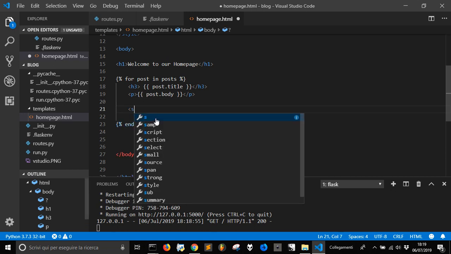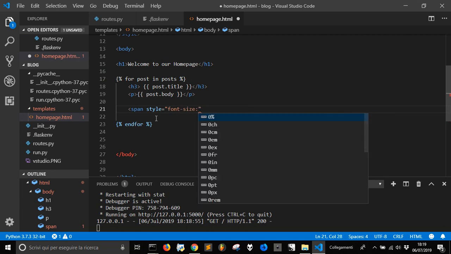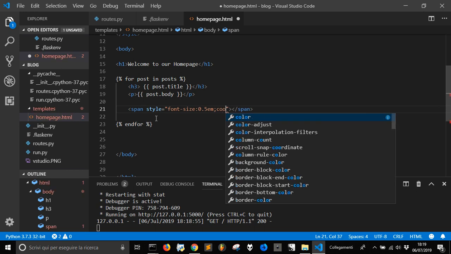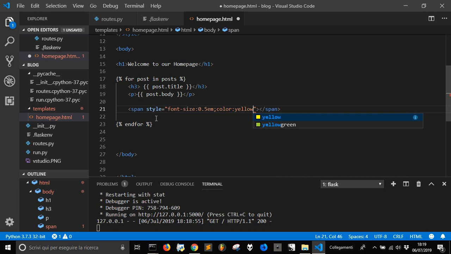I can do a span with the style equal font size of 0.5 em, and also maybe color yellow green,